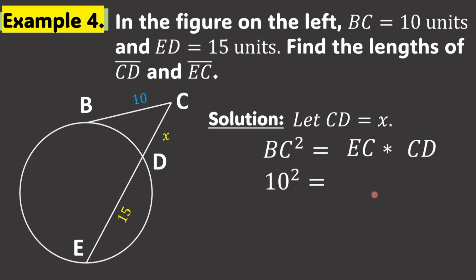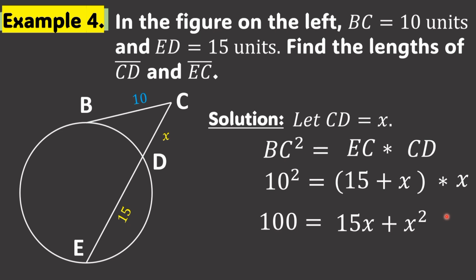10 squared is equal to 15 plus X, quantity times X. Simplify by distributive property. 10 squared is 100. 15 times X is 15X plus X times X is X squared. Arrange the terms in standard form. That is X squared plus 15X minus 100 and then equate it to 0